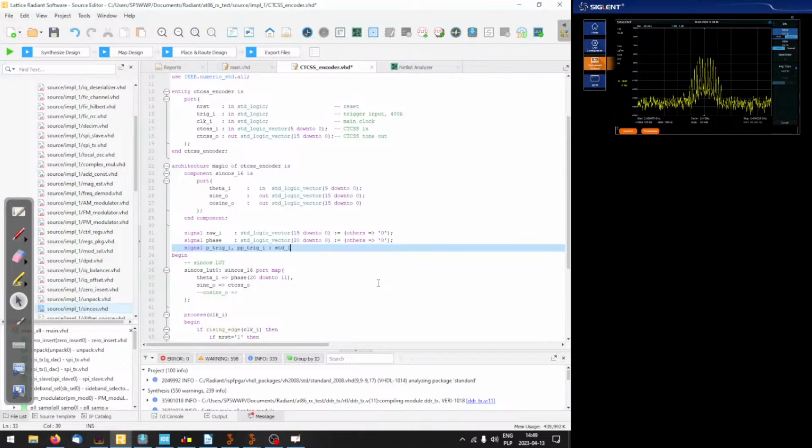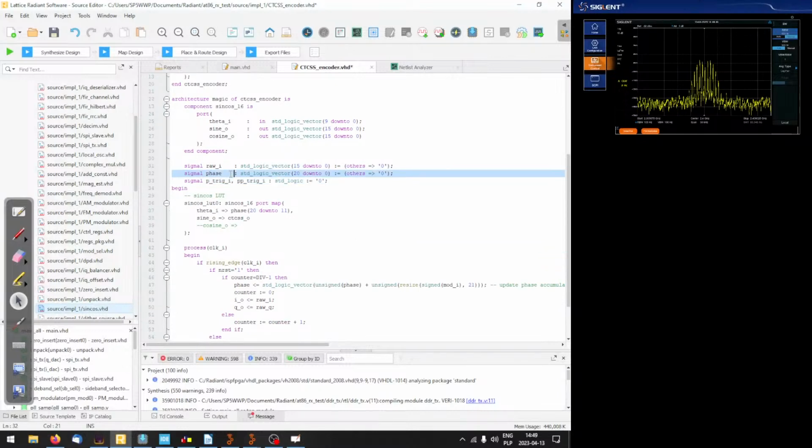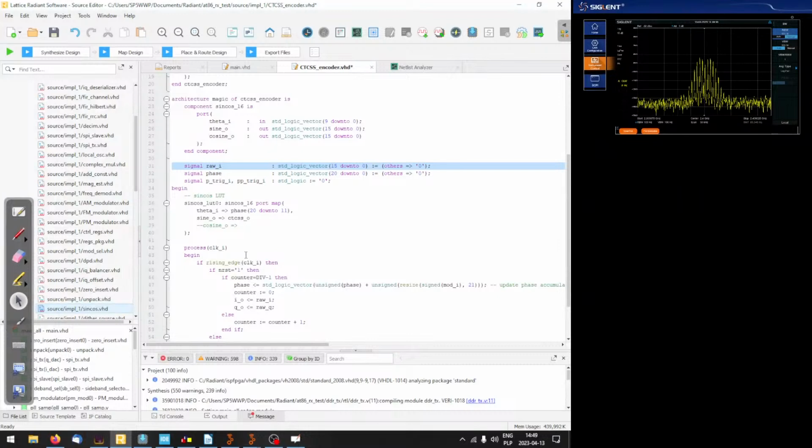That's going to be standard logic, and of course we want to set that to 0 as the default value to make it a little bit more readable. Okay, so now